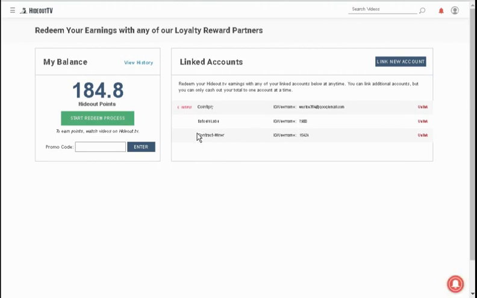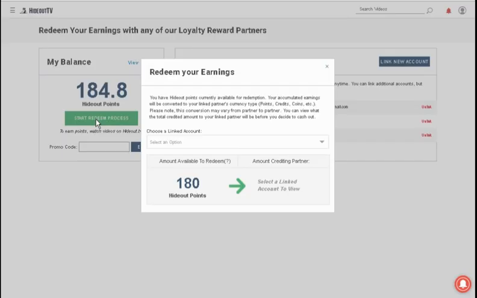So like you see, you've got Contract Miner there, you've got Satoshilabs there, and then you've got Cointiply, which is another program I used to use. I don't really use it a lot now, but I used to. But you see, I've got 184 here. So if we click on redeem,